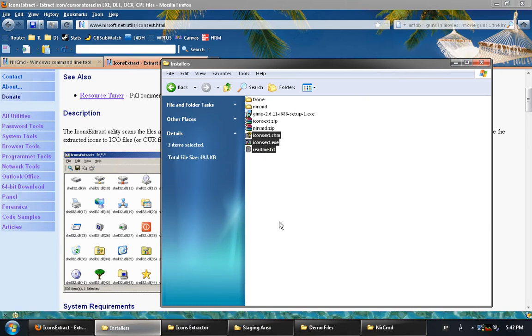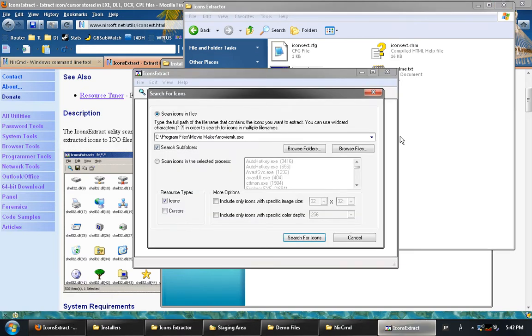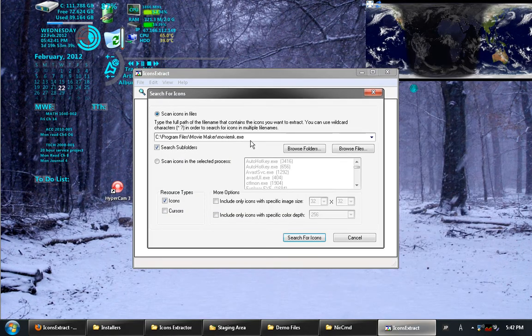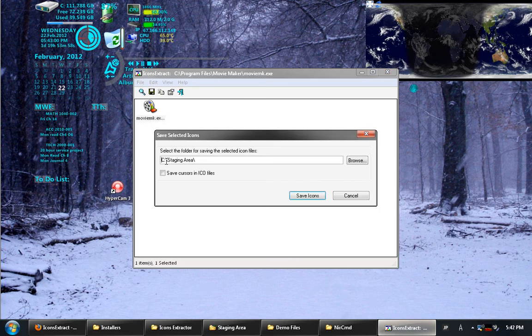In my case, I gave it a folder of its own and put it in the program folders menu. When I choose to run it, now for instance you can see I have last used it on the C program files Movie Maker, NirCmd executable. If I tell it to search for icons, it will search that particular executable for any icon type files, and since it found the one, I can choose to save it to a given destination, in this case the staging area by default. For now I'm going to cancel though because I want to demonstrate that I can browse